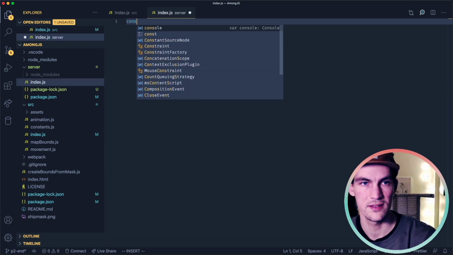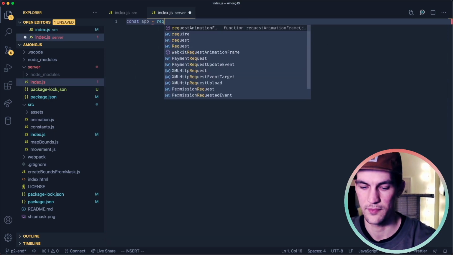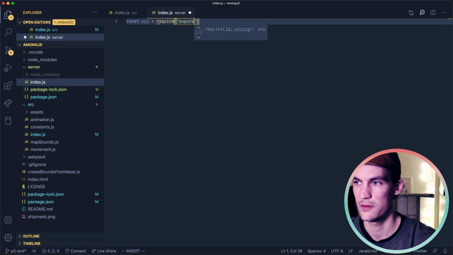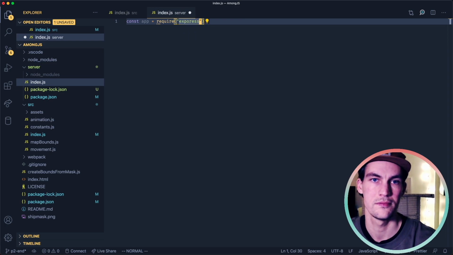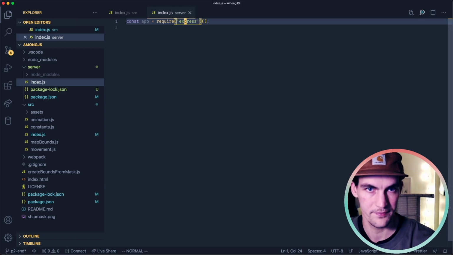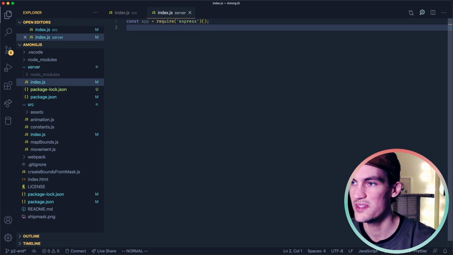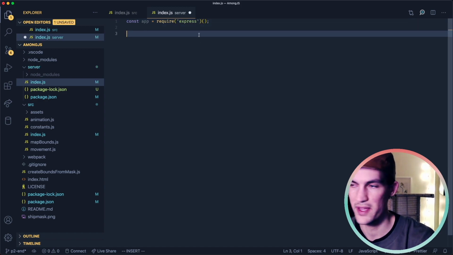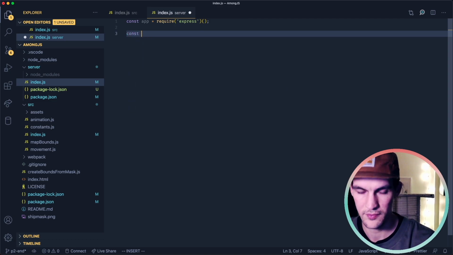Let's build a server first, and then we can see if the client is able to connect to the server. Okay, let's start with Express. So we call it right away to get the app instance, and then let's create an HTTP server.